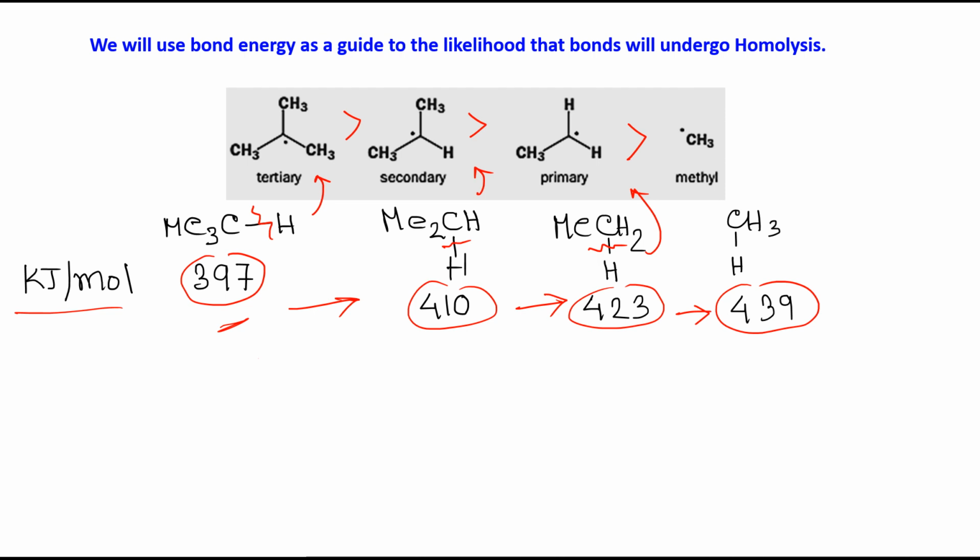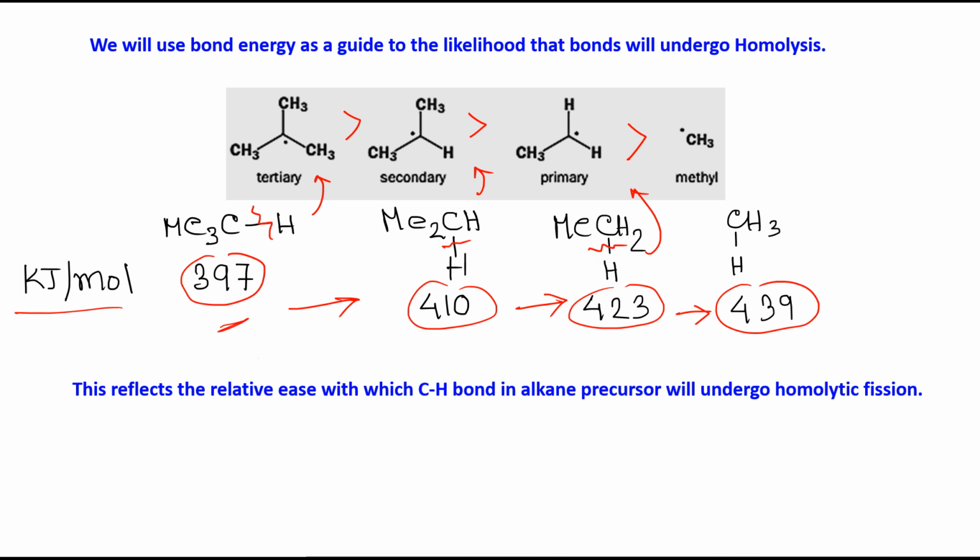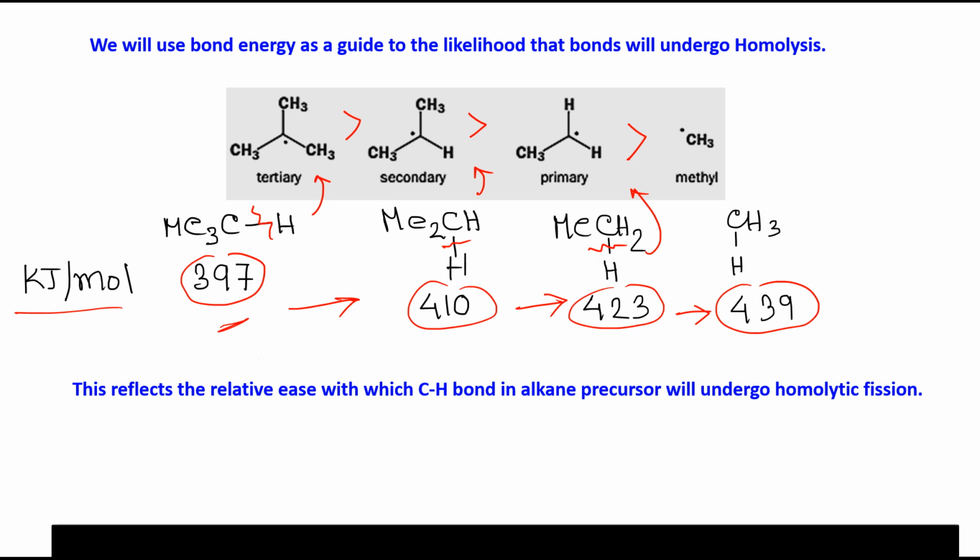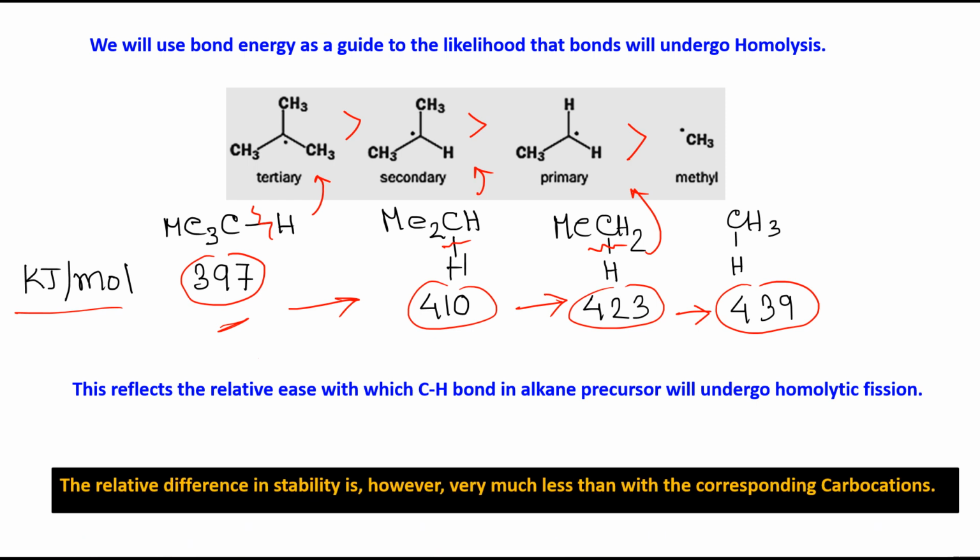But we have to keep in mind that this reflects the relative ease with which the CH bond in the alkane precursor will undergo homolytic fission, that is, all these bond energy values reflect that. So what I am saying is that the stability order in case of tertiary, secondary, primary, methyl carbocation is also the same, but we have to remember that the relative difference in stability is however very much less than with the corresponding